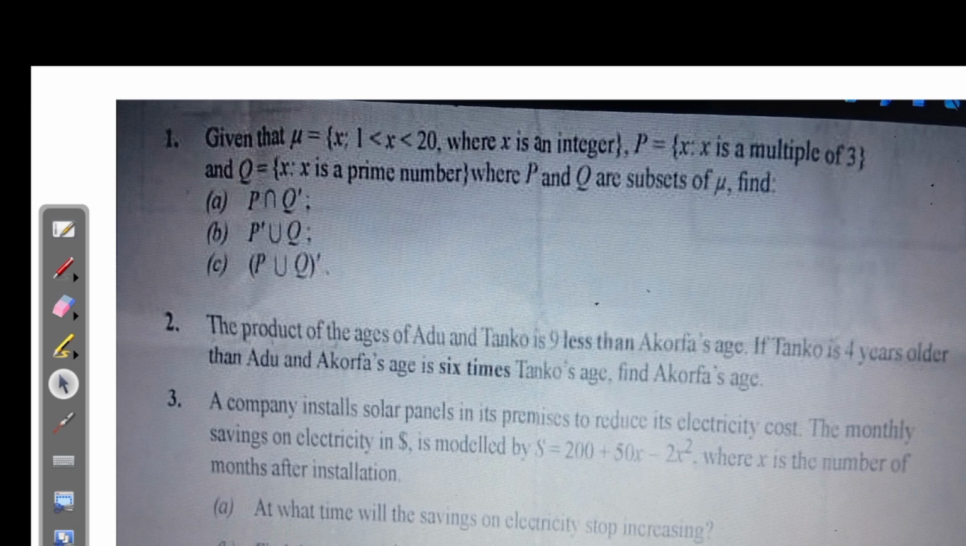The product of the ages of Adu and Tanko is 9 less than Akopa's age. If Tanko is 4 years older than Adu, and Akopa's age is 6 times Tanko's age, find Adu's age. Now, Adu is the youngest. Adu is the youngest person there. We are going to choose a letter to represent Adu's age. Let Adu's